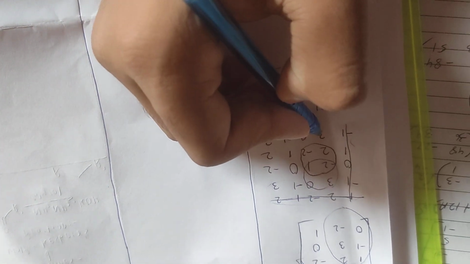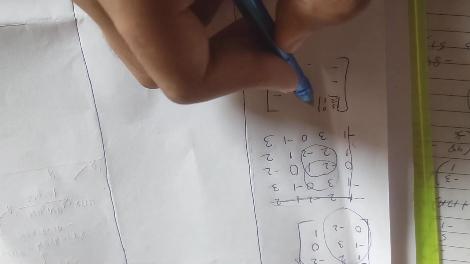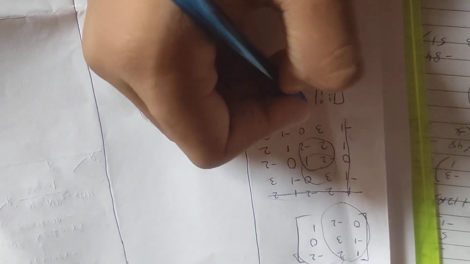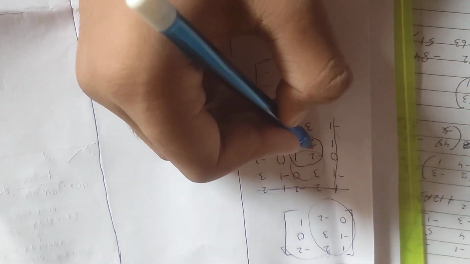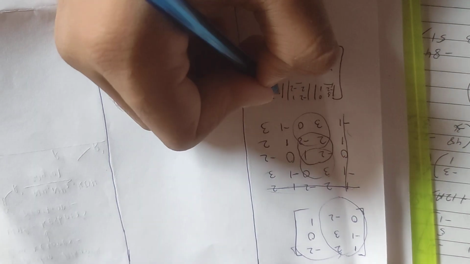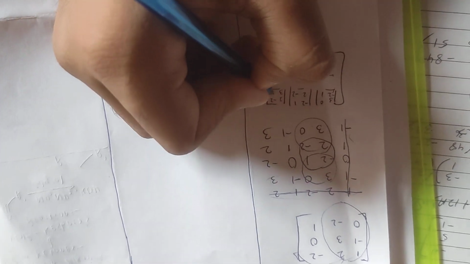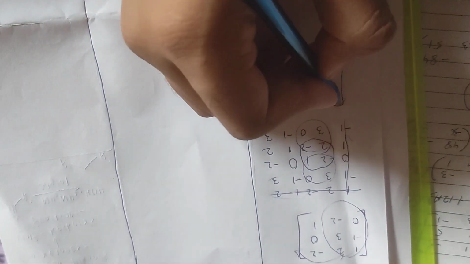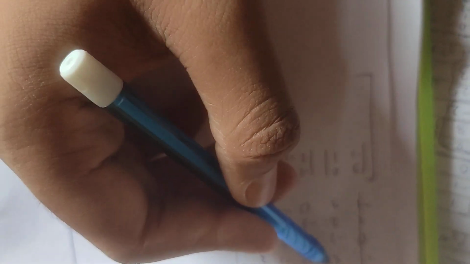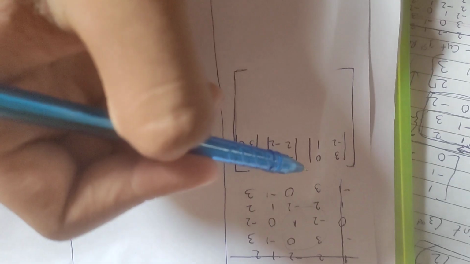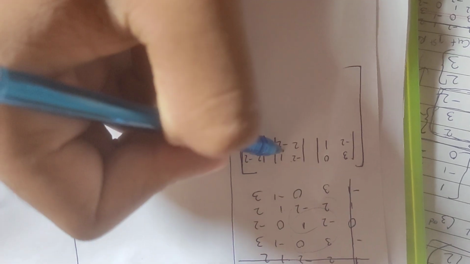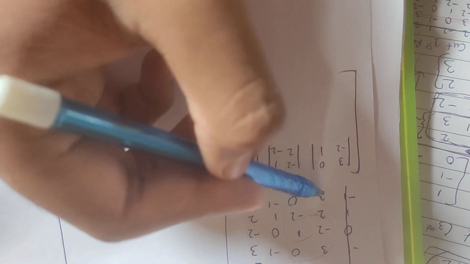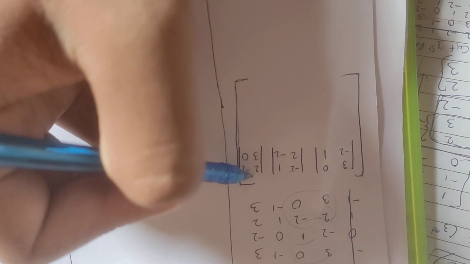We will select column wise the minors and arrange them in the adjoint matrix row wise, right? So here it will come as minus 2 2 1 minus 2. Now select this, so here it will come 2 minus 2 3 0. So here you can see it is 3 minus 2 0 1, we have written it here. And minus 2 1 2 minus 2, this we have written here. And 2 minus 2 3 0, we have written it here, right?